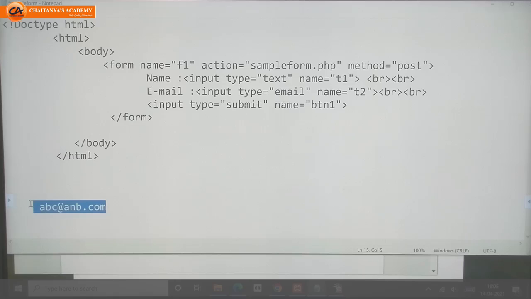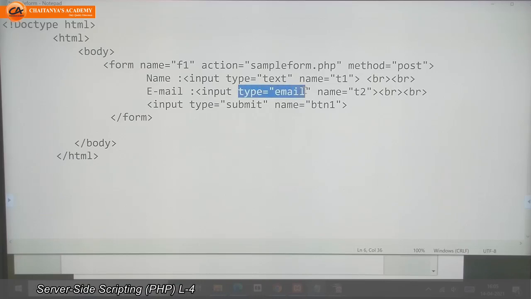This is the way of writing an email ID. This @ character is compulsory, and .com is also compulsory. For this purpose you need to give validations, and for that you would again need to write some user defined functions. But to avoid all these things, you can directly use type equal to email. This input type has built-in validations. We need not write any validation code for this.